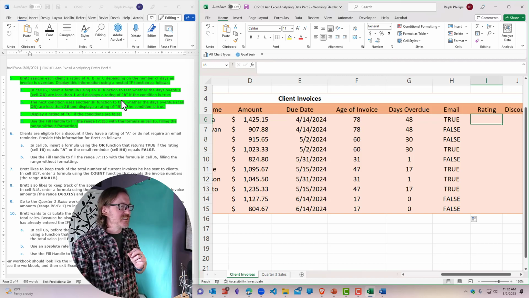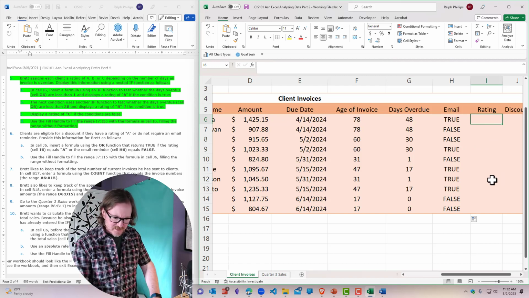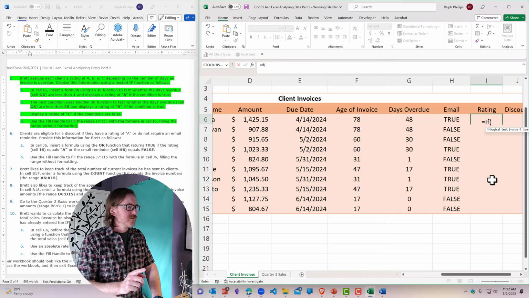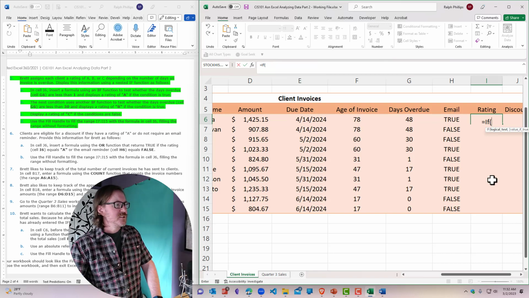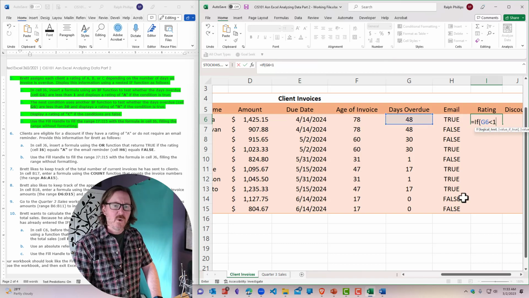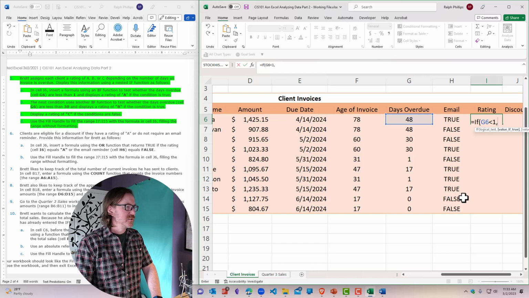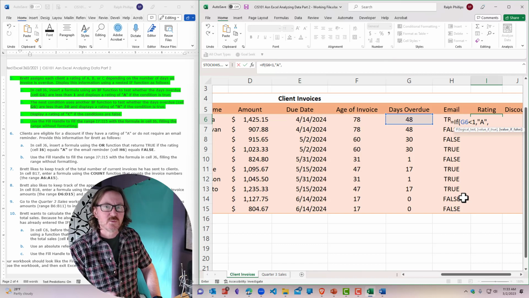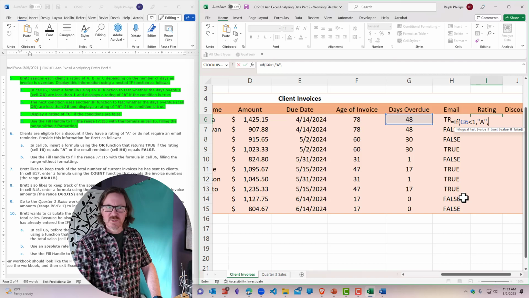Let's take this in stages. So I'm going to go to rating equals if, parentheses. If the days overdue in cell G6 are less than 1. So if G6, right there, is less than 1, comma, we get an A. And we have to put that in quotes because we're actually writing in the letter A. Comma, now this is where the nested function would come into play, but I'm just going to pretend I don't know what that's supposed to be yet. So I'll just go ahead and do a comma